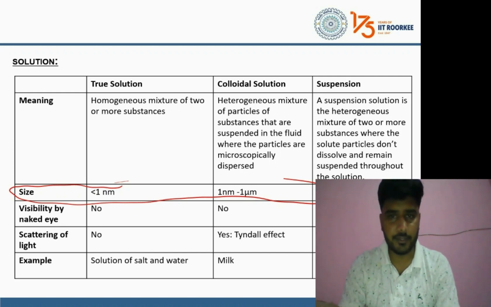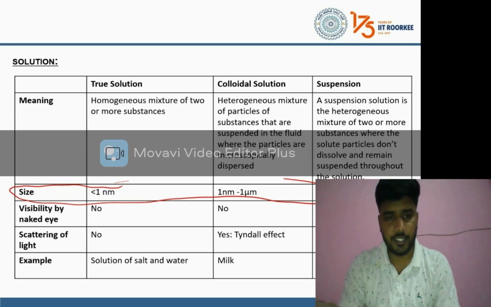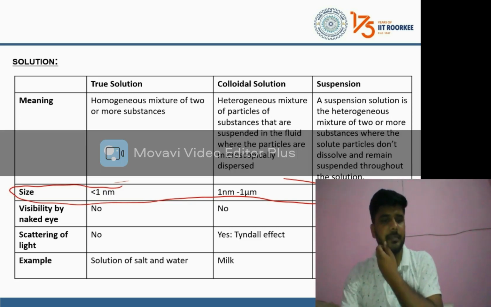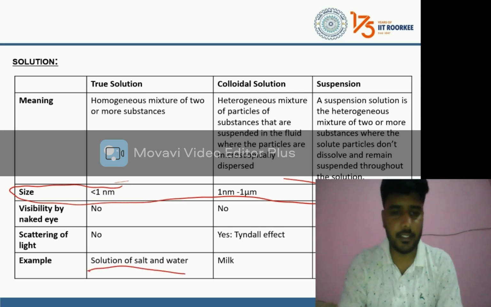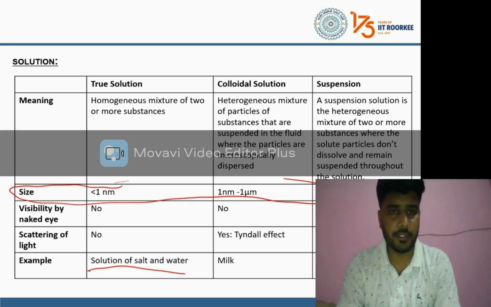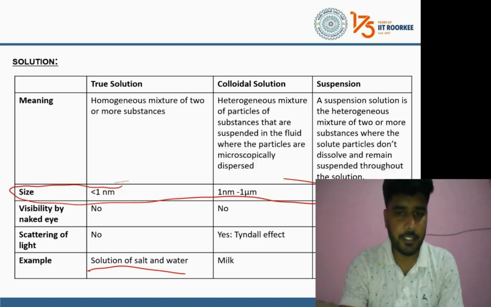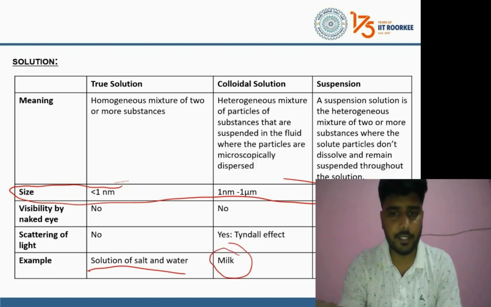Suspensions also show the scattering of light. Here are some examples. If you add some salt in water, the homogeneous solution is called a true solution. Similarly, for colloidal solution, you can treat milk as a colloidal solution, and a mixture of sand and water is an example of